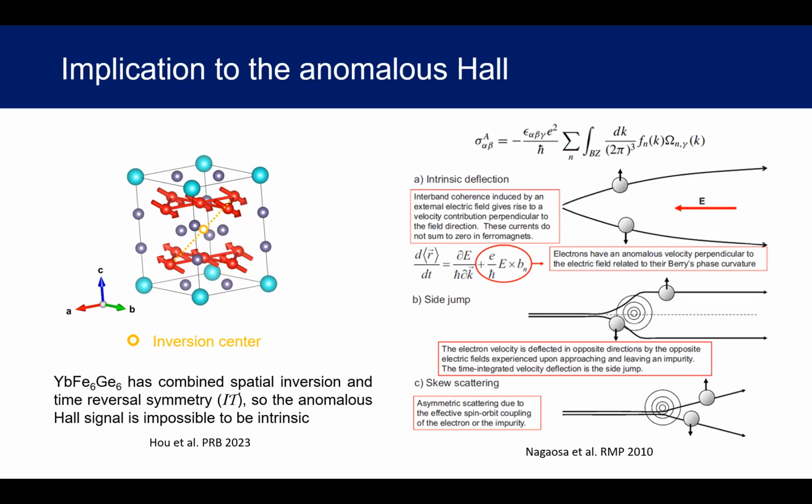From this magnetic structure, we can see that there is an inversion center, and so this magnetic structure has a combined spatial inversion and time reversal symmetry. The intrinsic anomalous Hall effect comes from the Brillouin zone integration of the Berry curvature below the Fermi level. So with the existence of this combined spatial inversion and time reversal symmetry, the anomalous Hall signal in this compound cannot be intrinsic, so there should be another reason for the extrinsic anomalous